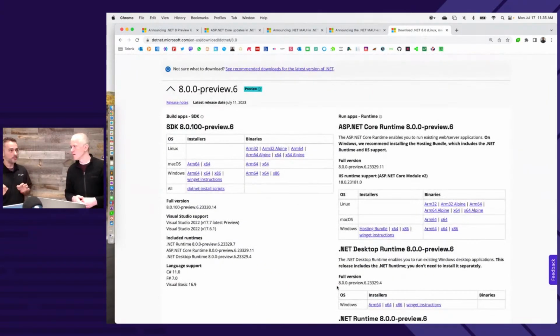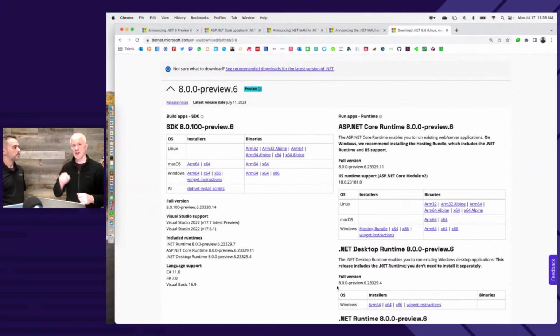I did run into an issue with my Blazor Hybrid app. There's a Maui workloads thing that got thrown out of control by this. So that's why we say previews, mileage may vary a little bit. I just uninstalled the preview and it works fine, and then I can reinstall it when I have more time to troubleshoot what's going on there. But check out the bits, throw them on there. If you need to take them off, you just go into the Windows App Manager and pull it back out. There is also a way you can get the bits through Visual Studio. If you've updated to the latest Visual Studio preview release, .NET 8 Preview 6 is available as an optional component in there.